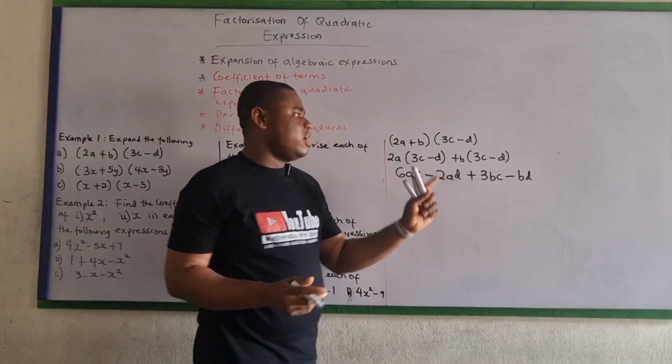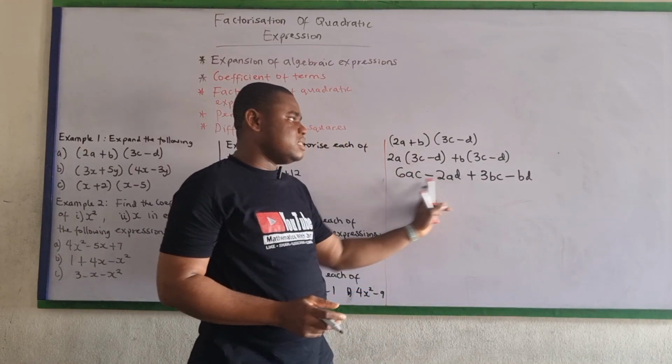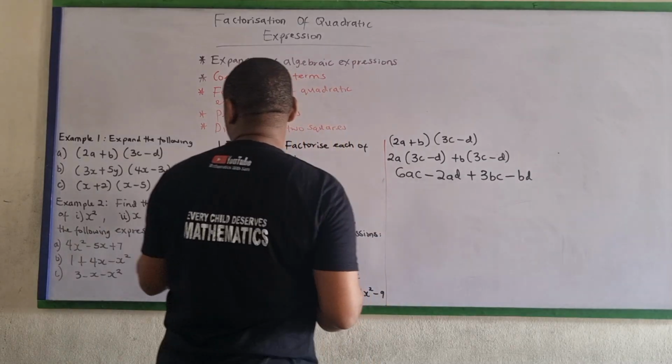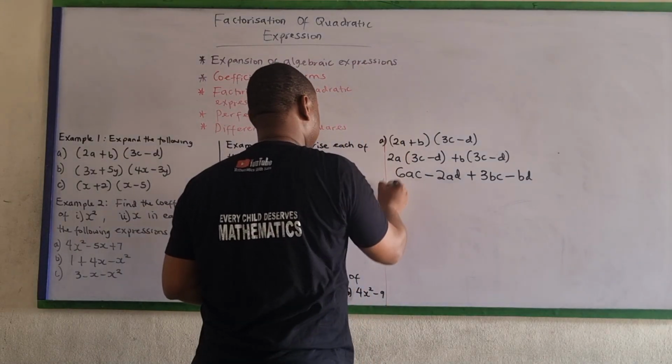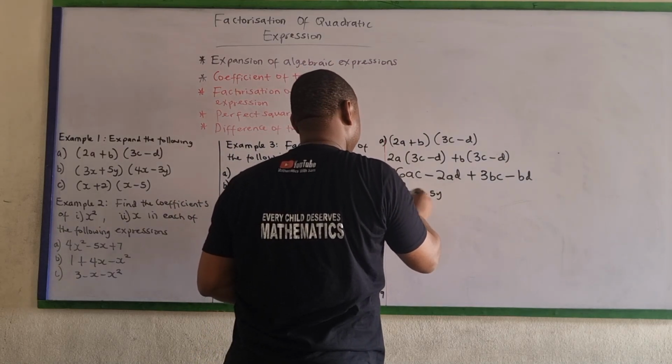So we cannot move further from here because they don't have anything in common. None of these terms have anything in common. So this is our final answer. So the next one we have, for the b part, we have 3x plus 5y